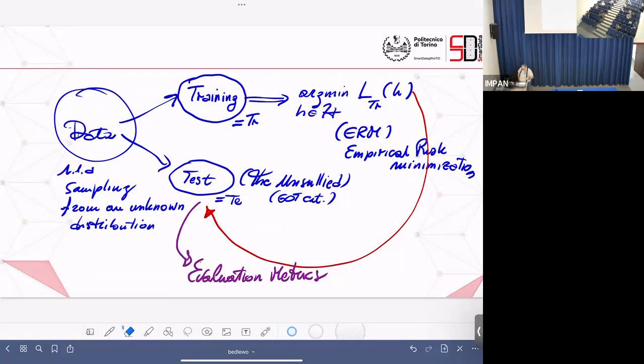It doesn't work. And in any case, usually you have here some sort of H, which is the so-called set of hypotheses. You can think of any kind of thing, we will see after, but practically these are archetypes of functions. Okay, so from neural networks to linear regression, multilinear regression, half planes, whatever, you have a certain family of functions. They might also be quite strange in theoretical machine learning, at least, like things like rectangles with edges parallel to the axes. So they are not analytically described, okay?